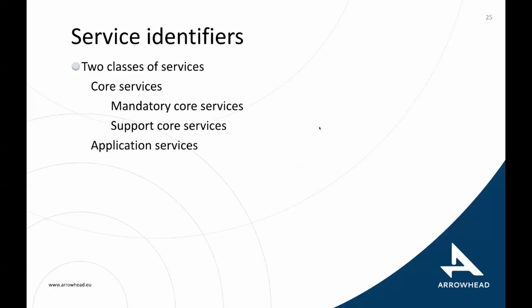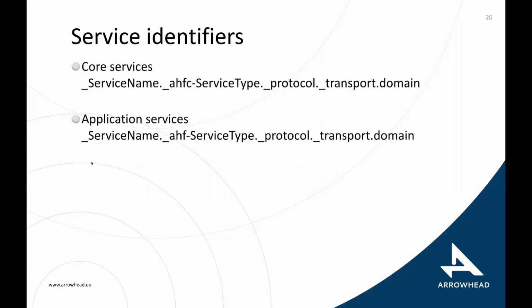There are two classes of services. There are core services, mandatory core services and support core services, and there are application services. So it's trying to keep this to a smaller number. But how do we identify these? So core services, they have a service name and then they have a service type. And here we have this